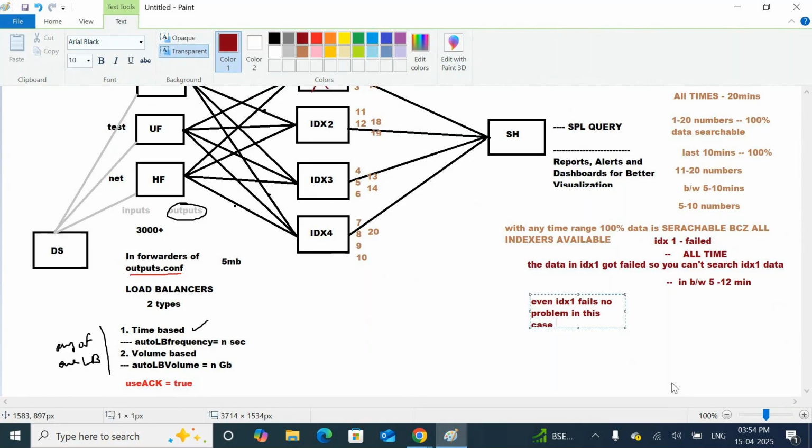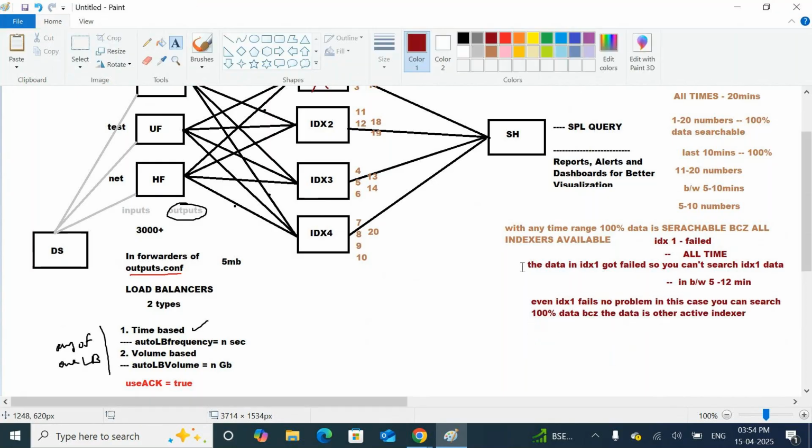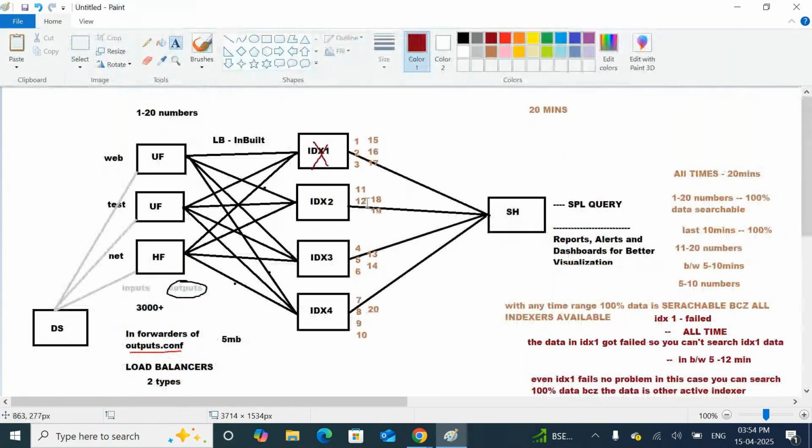In this case you can search 100% data, because the data is in other active indexers. Understand, sir? See, 5th to 12th, where is it? Here: 5, 6, 7, 8, 9, 10, 11. That means 3 indexes. For 5th to 12th, the data is in 3 indexes. You got my point?